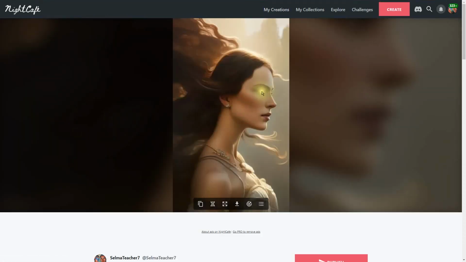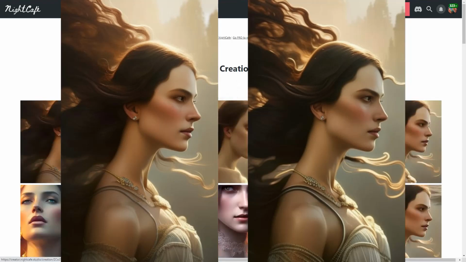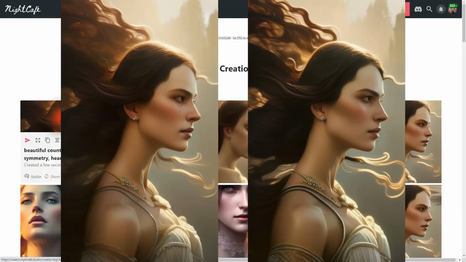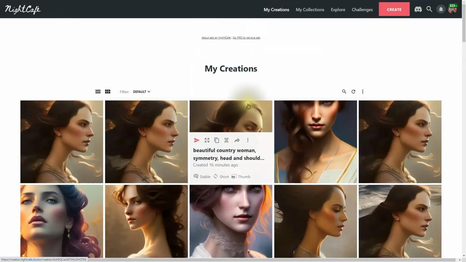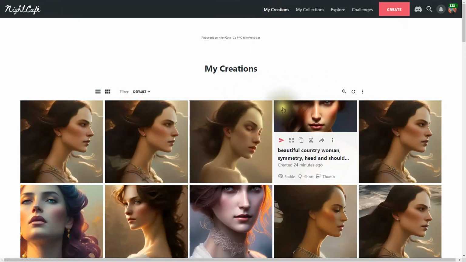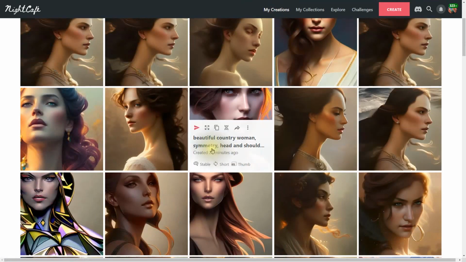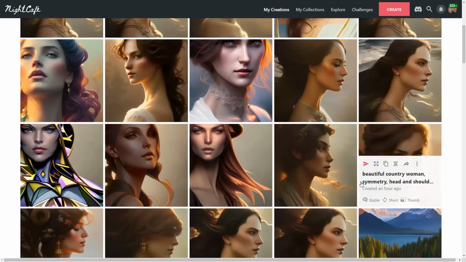Okay, going back, it looks almost the same. Then go back to my creations here. These two look almost the same. Here's the background. And here's the background. A little bit of difference, very, very slight differences there. And what I'm going to do is I'm going to go in and you notice that this is all the exact same prompt over and over again.